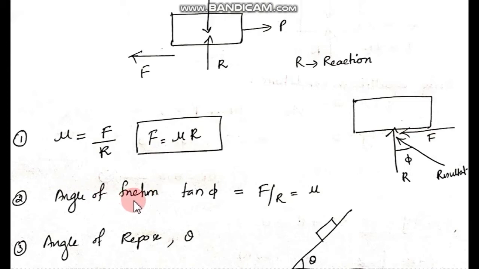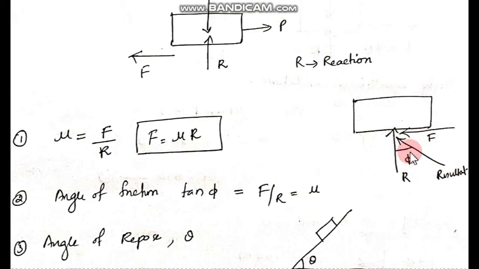Then the angle of friction is normally represented as phi. We have the equation tan phi is equal to F by R is equal to mu. Maybe the representation in the notes that I have given is something different, so just check and compare with this. The correct representation is phi, and for angle of repose it is theta. So as you can see, if the body is here, the reaction is like this, and the frictional force is like this. If you take the resultant of this friction and reaction, it will act like this. As per the parallelogram theorem, the resultant will be along the diagonal.